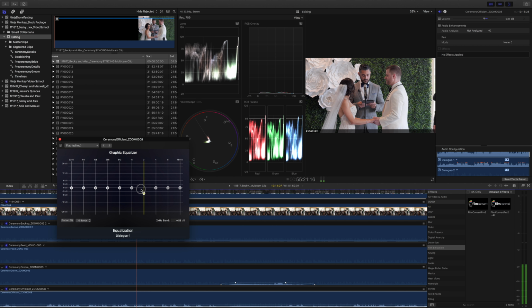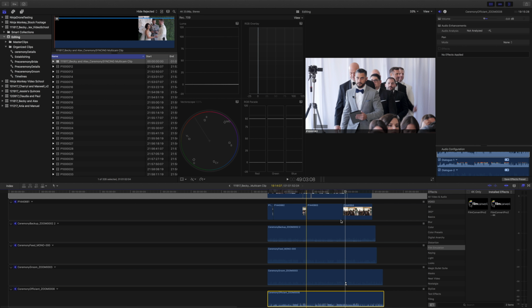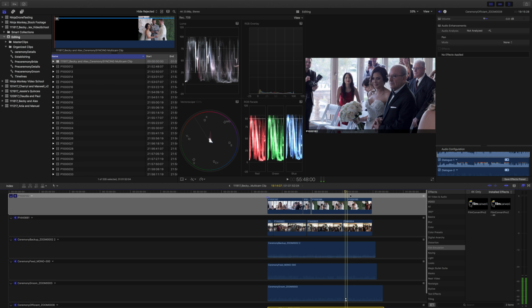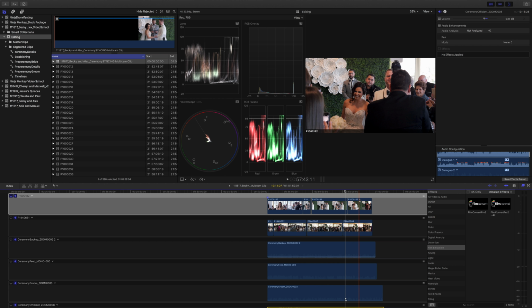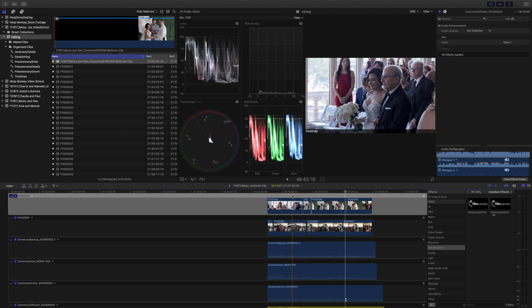There it sounds more far away. Usually if you just pump it up a little bit, it'll sound a little better. Just give it a little pump up. And then that's kind of the basics of what I'll do to the audio. We'll just press Shift Z to zoom out on everything. That's the basics of what I'm doing to the audio. There's not really much else to set up. While you're actually editing, you'll see parts that are messed up, and you'll basically have to go back in here